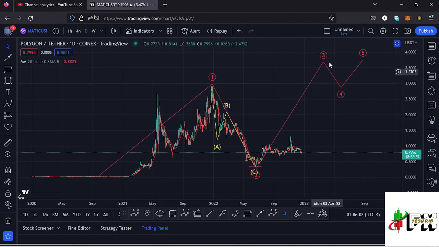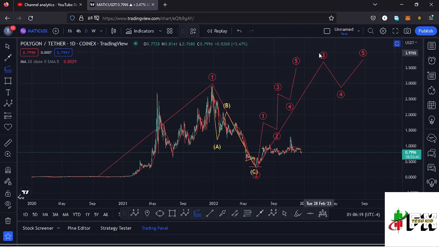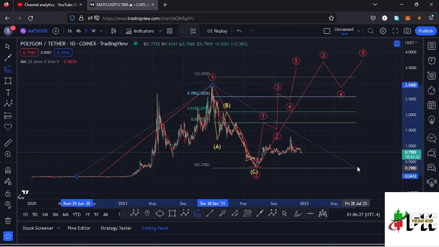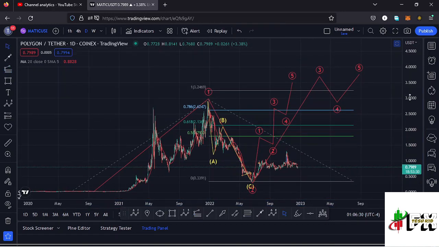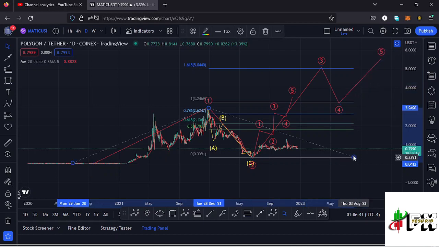We might see that bounce to the upside in the formation of that wave 3, and because a wave 3 is an impulsive wave, we also expect to see fractal waves in formation within that wave 3 to the upside, having the wave 5 of that fractal wave completing the formation of that higher Elliott wave count 3, and also sketching out a minimum target area to the upside in the formation of that wave 3 using the trend-based Fibonacci, connecting it from the low of the first wave to the high of that wave 1, then dragging the fibs to the low of the second wave. That gives me a minimum target area to the upside in the formation of that wave 3 at the fib level 1.618, which perfectly lies at around the $5.04 mark. Then expect a wave 4 and then continue pushing even higher in the formation of that wave 5 to the